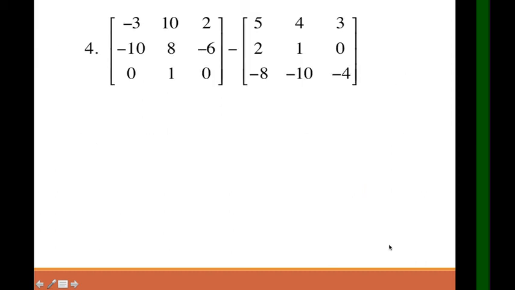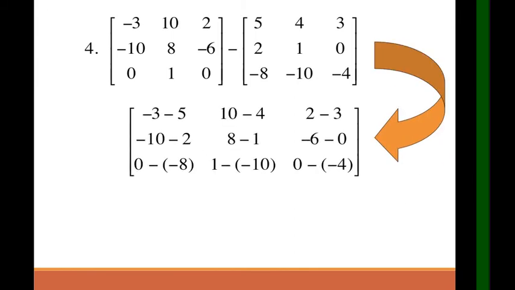Another one for the subtraction, we have negative 3, 10, 2, negative 10, 8, negative 6, 0, 1, 0, minus 5, 4, 3, 2, 1, 0, negative 8, negative 10, negative 4. You can pause this to answer the equation and then try to compare it with my solution. So this is now the operation that we're going to do with our